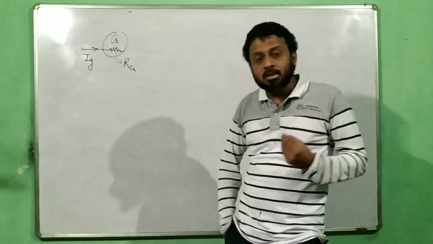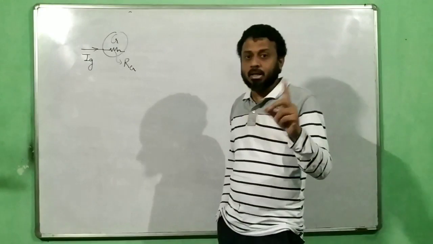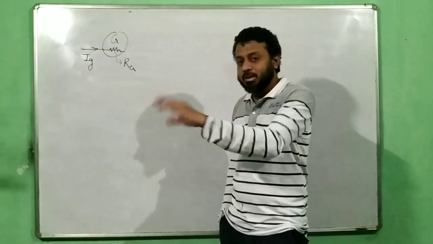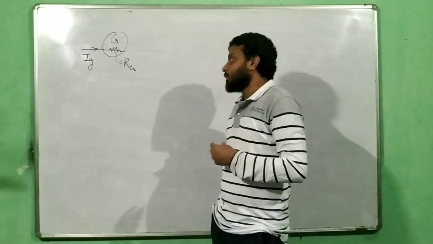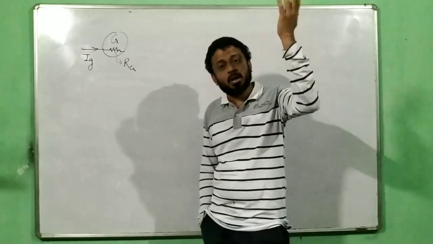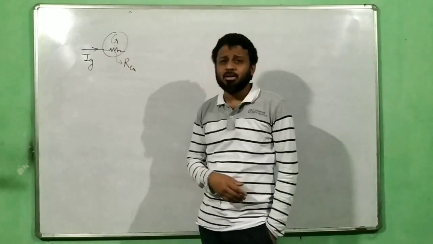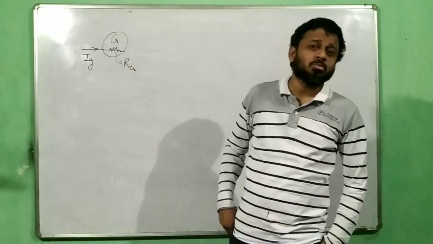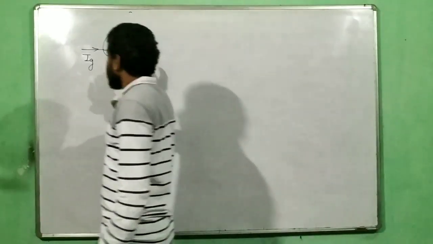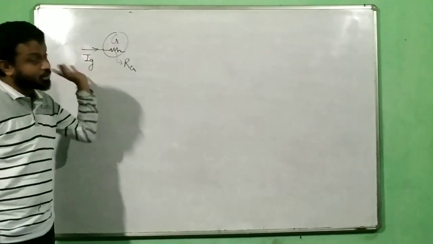So I want to construct an ammeter. An ammeter is a device which measures current. Ammeter, ampere meter. The short form of ampere is A and meter is something used to measure it. So I am looking for an ammeter which can give me a measurement up to 10 ampere, or 1 ampere, let us say. But I have a galvanometer which has a safe current Ig which hardly goes to milliampere. Generally it is microampere, sometimes milliampere. So the problem here is we cannot use this galvanometer directly as an ammeter. We have to convert it into an ammeter.